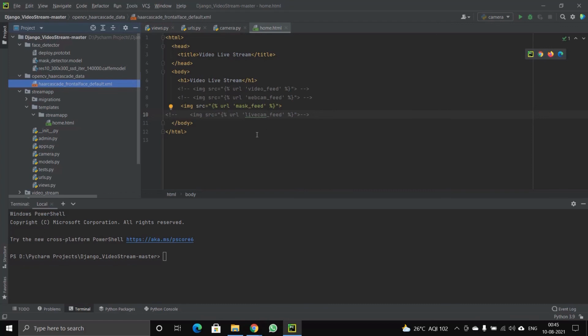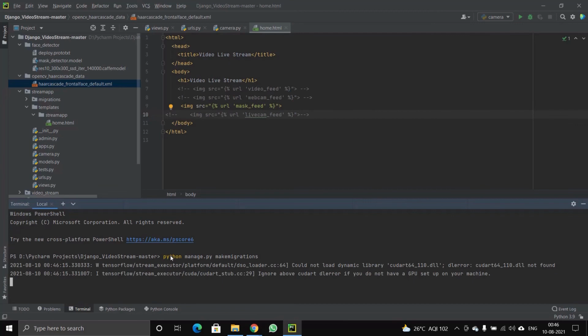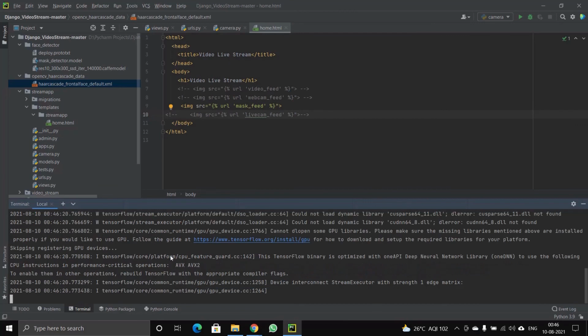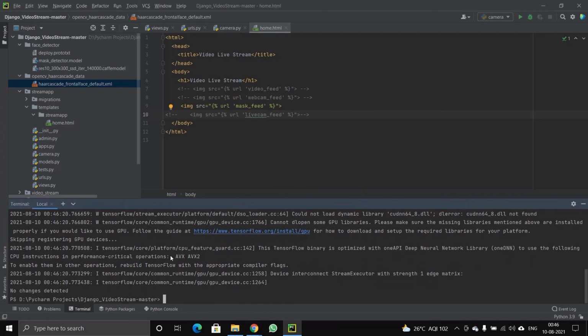So now it's time to run the project in real time. For that you have to just write 3 lines of code. I'll show you. You have to type python manage.py makemigrations and hit enter. This will take some time, just 10 seconds or so.